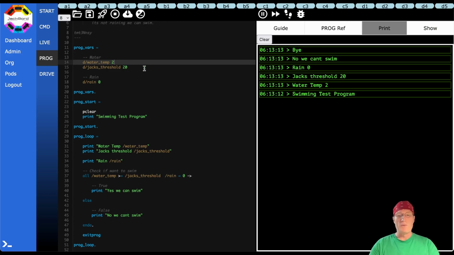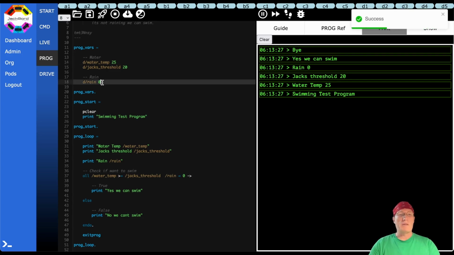for anybody. So if I put the temperature back up to 25 and we run it again, so yes, we can swim now. Now let's add some rain. So make the rain 1. So if I run that, no, we can't swim. So yes, the water temperature is fine, but it's raining and we can't swim when it's raining because